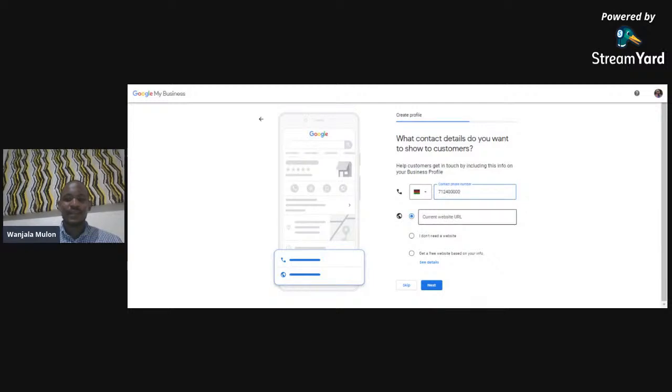After entering your number, if you have a website, the good thing is you can insert the URL here, and if you don't have, you can get a free one-pager website. So you can tell somebody, if you don't have a website, don't worry, Google My Business will sort you out. And then the moment you press next, you'll be in a position